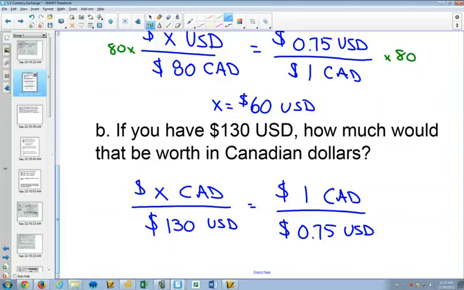So my proportion on the right gets flipped because now I'm trying to find Canadian dollars, and I put Canadian dollars on the top and US dollars on the bottom. So now if I multiply both sides by 130, one divided by 0.75 times by 130,